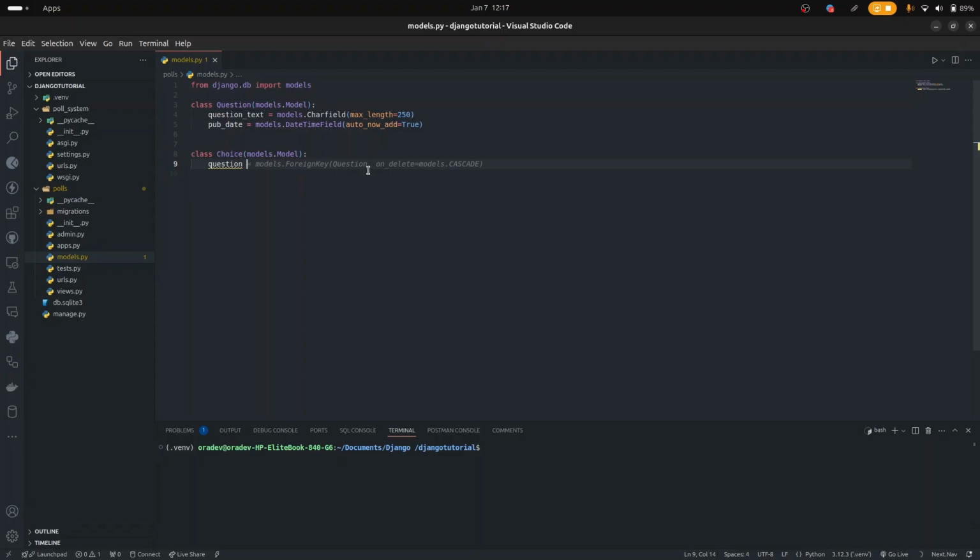In our database management, we know that a foreign key is just making a relation between two different tables, because this question is a table, and this choice is also a table on its own. So now we're making a reference using a foreign key, referencing back to the question table. So now this choice table is connected to the question table. So in choice, I'm having choice text,